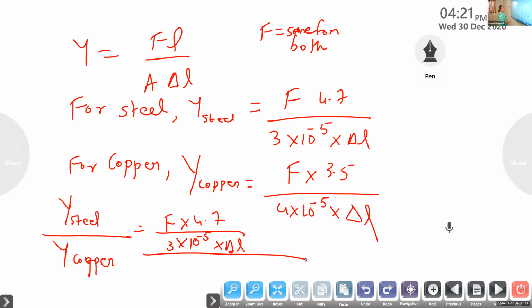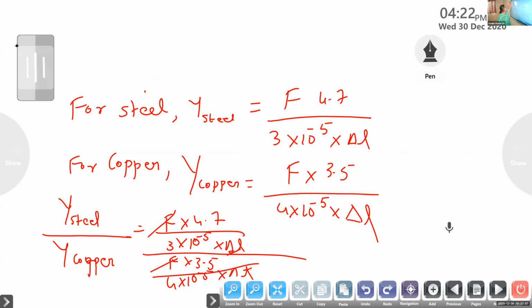Del L divided by F into 3.5 divided by 4 into 10 to the power of minus 5 del L. So from this you understood F gets cancelled, del L gets cancelled. So now take the reciprocal. Therefore, Y steel divided by Y copper is equal to